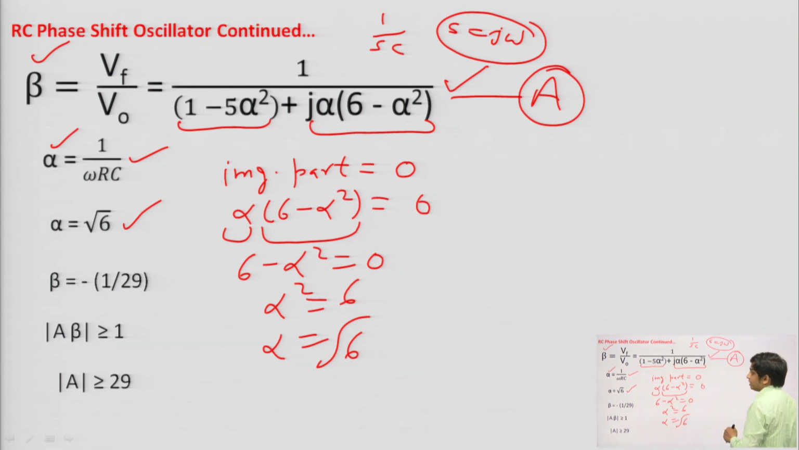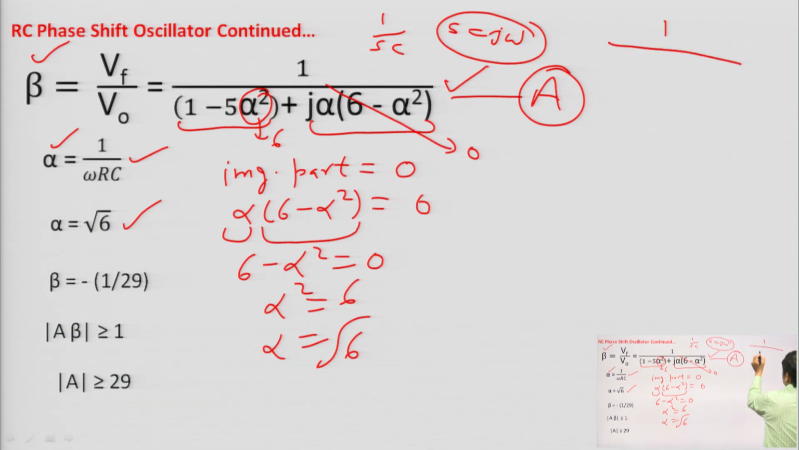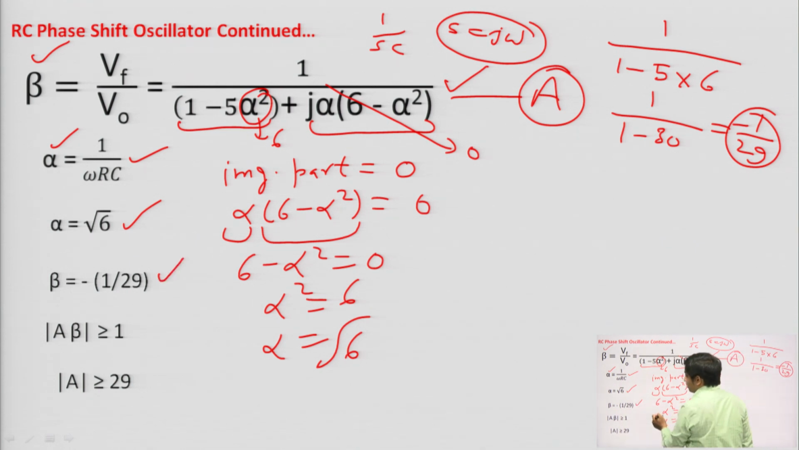Now, what is the value of beta? Just find it from equation A. Now, this imaginary part is 0, just put alpha equal to under root 6, that means alpha square will be 6. So, we will get 1 upon 1 minus 5 into 6, it will be 1 minus 30, that is minus 1 upon 29. So, beta is equal to minus 1 upon 29,